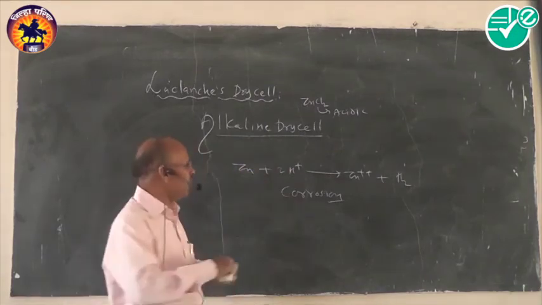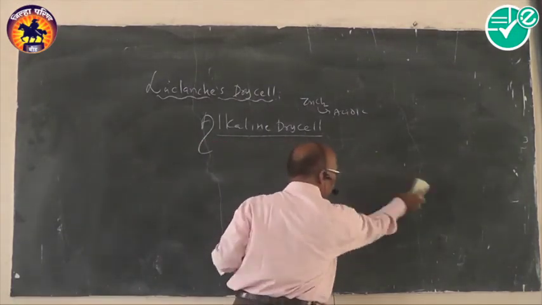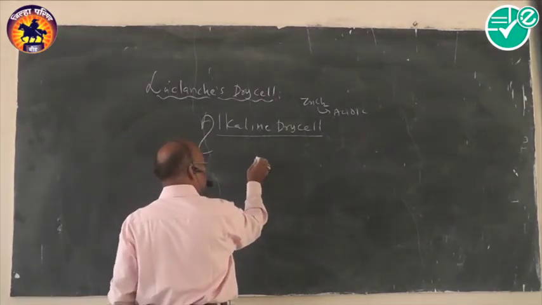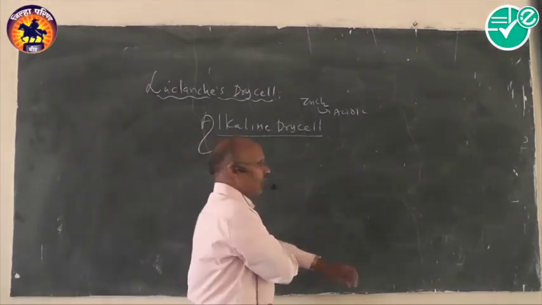Okay. Now what are the modifications? Which things do we use here in the alkaline dry cells? Particularly here we use the electrolyte such as the